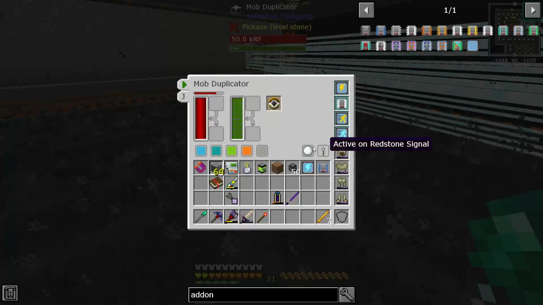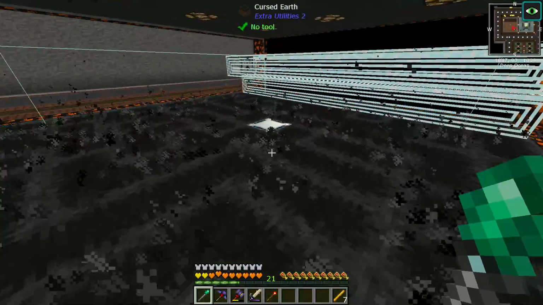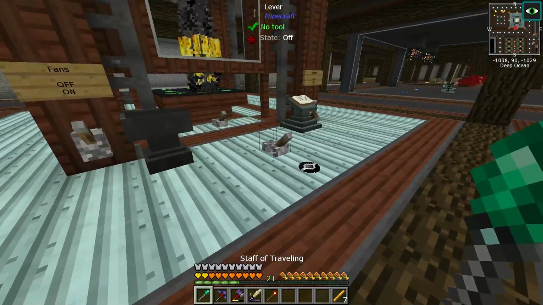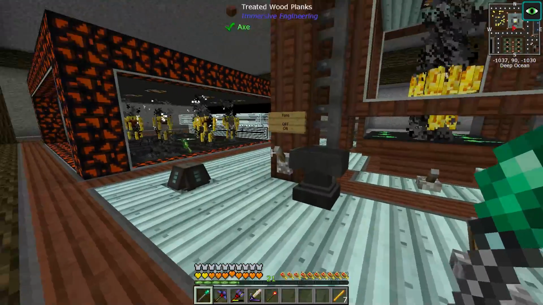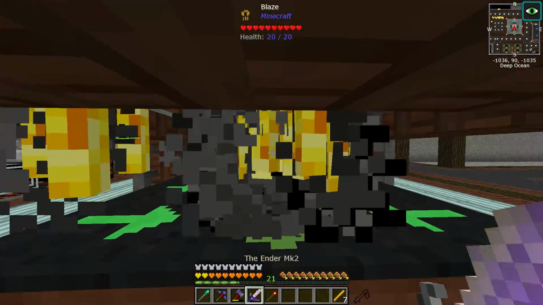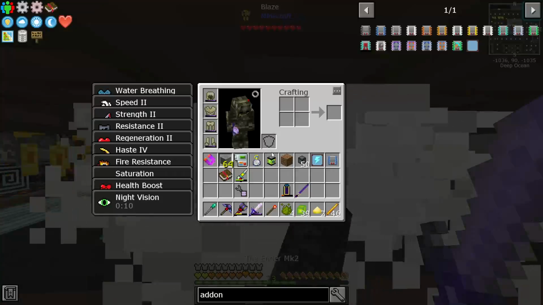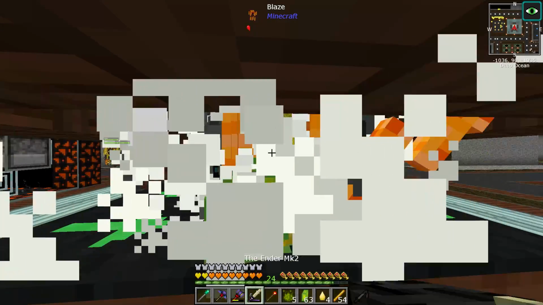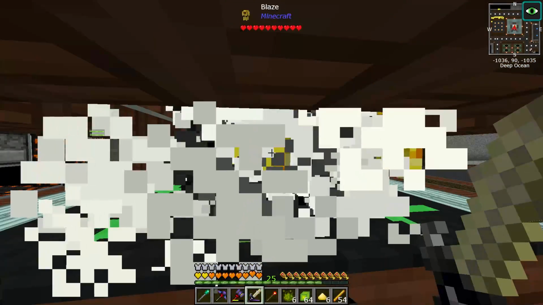So if we do the +4, that's gonna be, yeah, that's decent. Okay. There we go. That's all the blazes. Nice. That's gonna be a bit faster. So we can just whack, and eventually we should get souls. So I'm gonna do that for all of the mobs that I have, so we can start setting up the